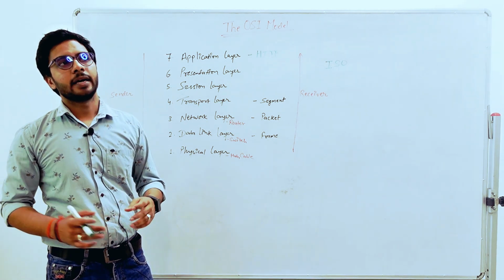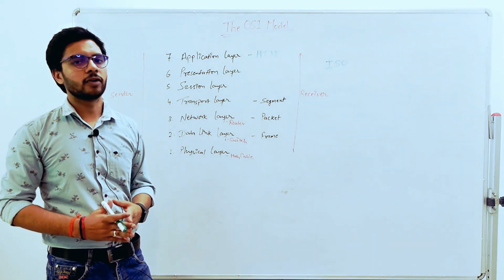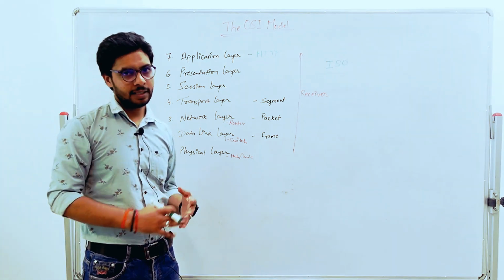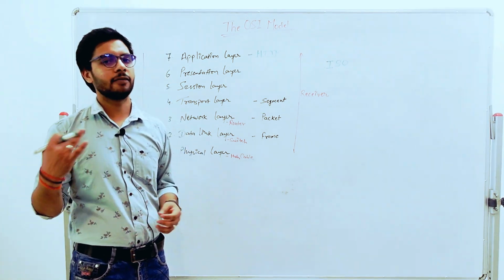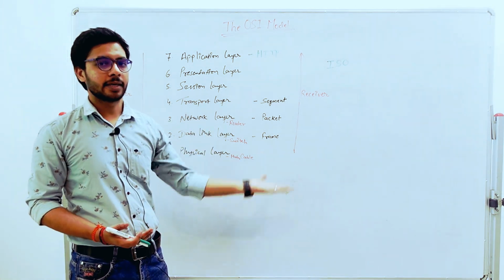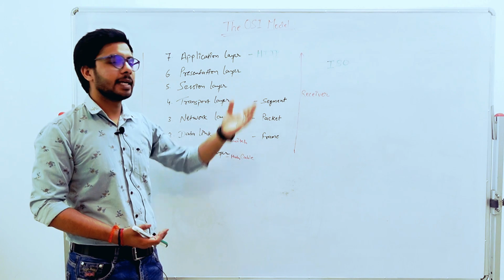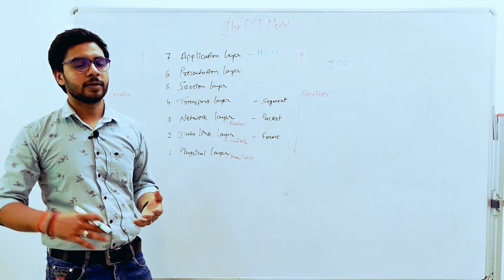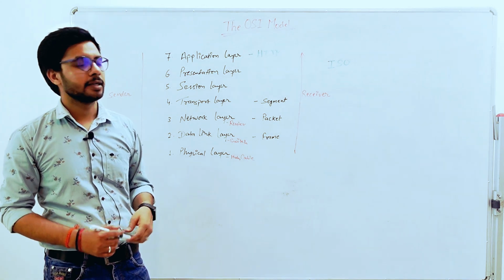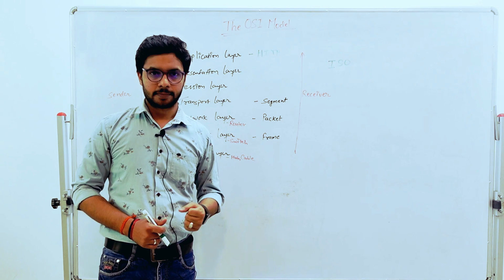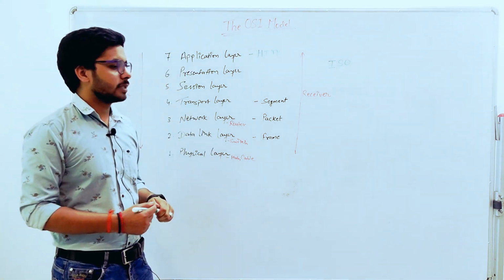Because if you see, we are connected either through wire or wireless, correct? So your image is not traveling through the wire as an image, correct? It is traveling in the form of bits. Those bits have to be converted into a particular format, and that format will be decided by your presentation layer. Then other than that, we have some more tasks of your presentation layer. Your presentation layer is responsible for compression. Now, what is compression?